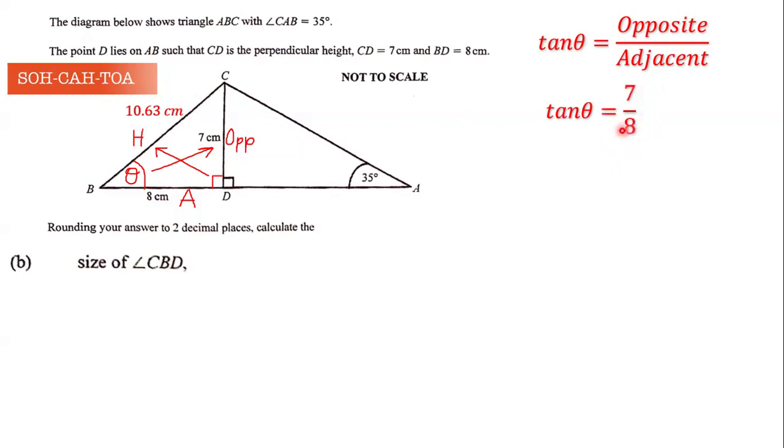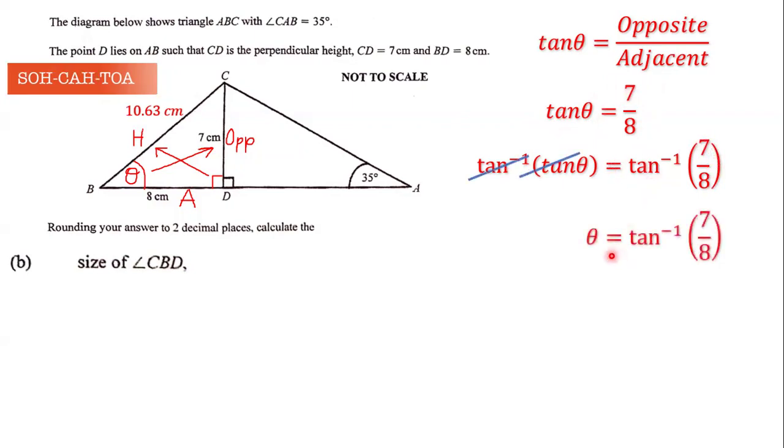And so we have tan theta is going to be equal to 7 over 8. Now, in order for us to find theta, we have to apply tan inverse to both sides of this equation. So we have tan inverse of tan theta, which is equal to tan inverse of 7 over 8. We cancel this with that, and so we have that theta is going to be equal to tan inverse of 7 over 8, which equals